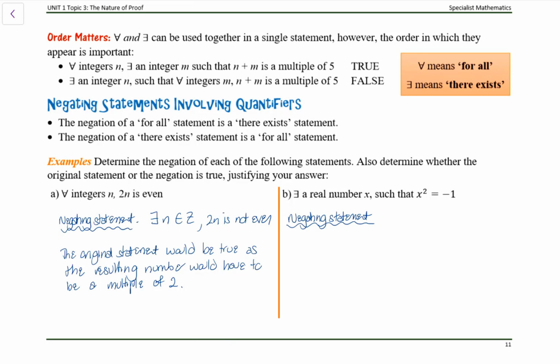we started with a there exists, so it's going to be for all x being a real number, x squared can't equal -1. Okay, we know that's true. The negation is true, is squaring any real number will either be 0 or a positive number. Okay, so the negation is true,